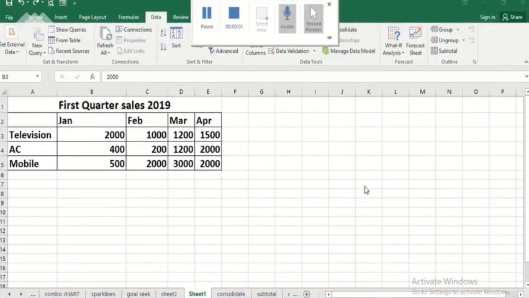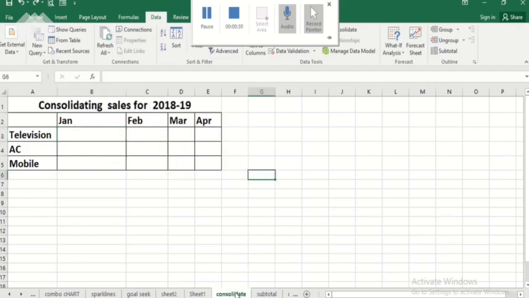Now we will learn how to consolidate data. Now consolidate data is basically combining the data of the multiple worksheets. Now how we will do it, as you can see here on sheet 1, I have the sales for the first quarter in the year 2019, and on sheet 2 I have the sale for the first quarter in 2018. Now I want to add the data of both the quarters. So what I have done, I have created a sheet here with the name consolidate. Now here I want the total in this cell, that is B5. This is the area where I want the total.